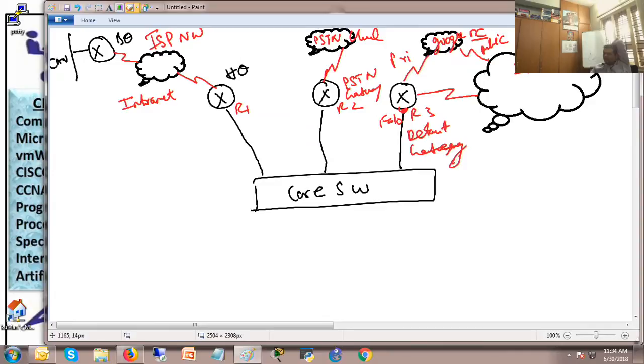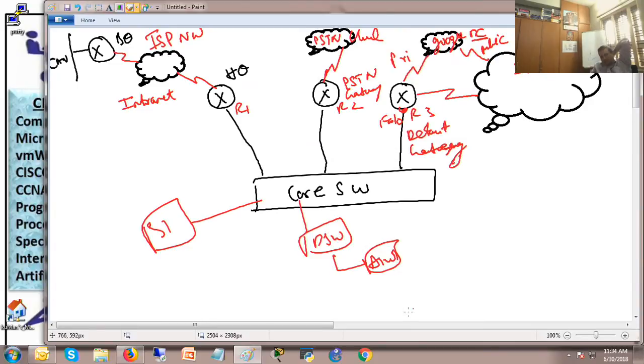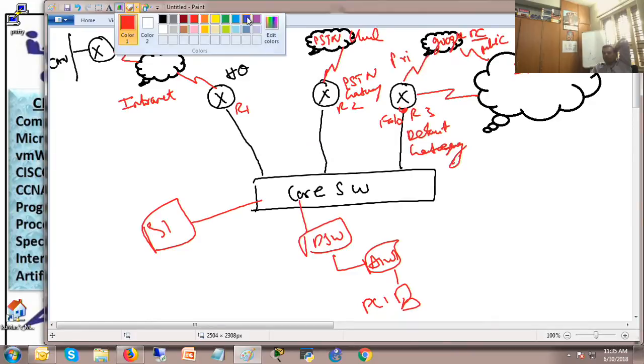See, this is internet. I am putting public. This is public, right? Now, can they come through R3 or not, to our network? This is our server, right? This is my distribution switch, access switch, and the PC. Correct? So they can come to server 1, through the router. They can come, right? Yeah. So we are going to block them. So now I am going to put